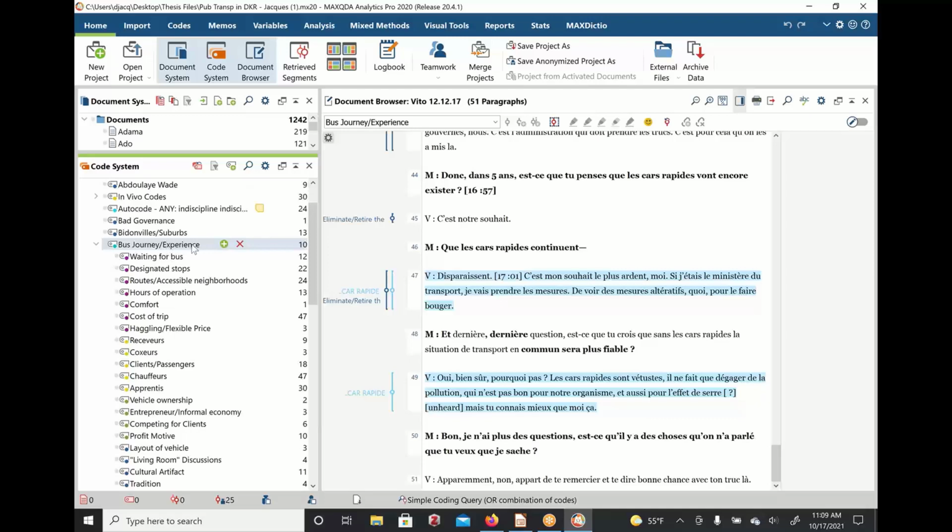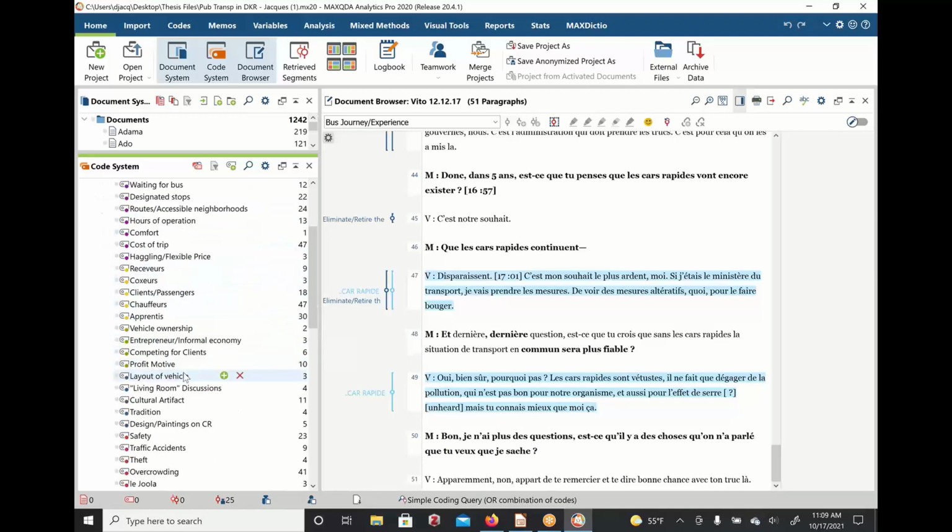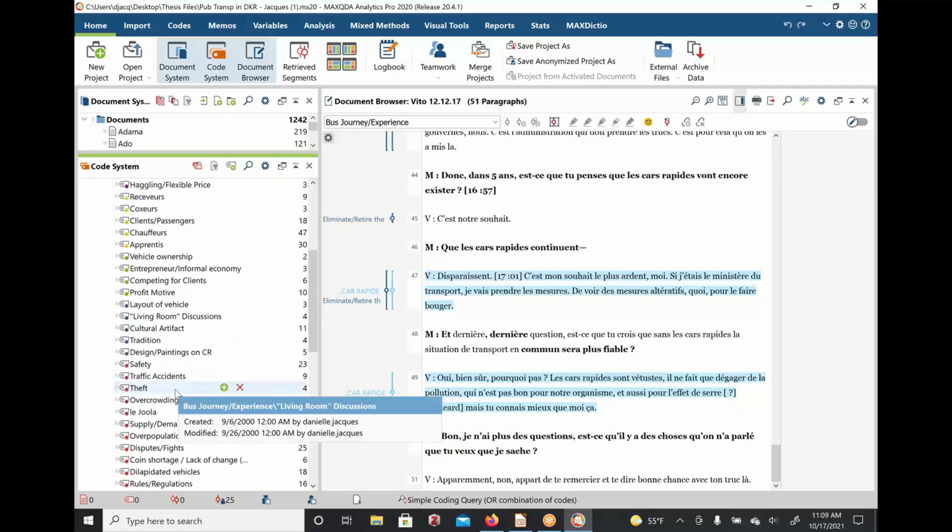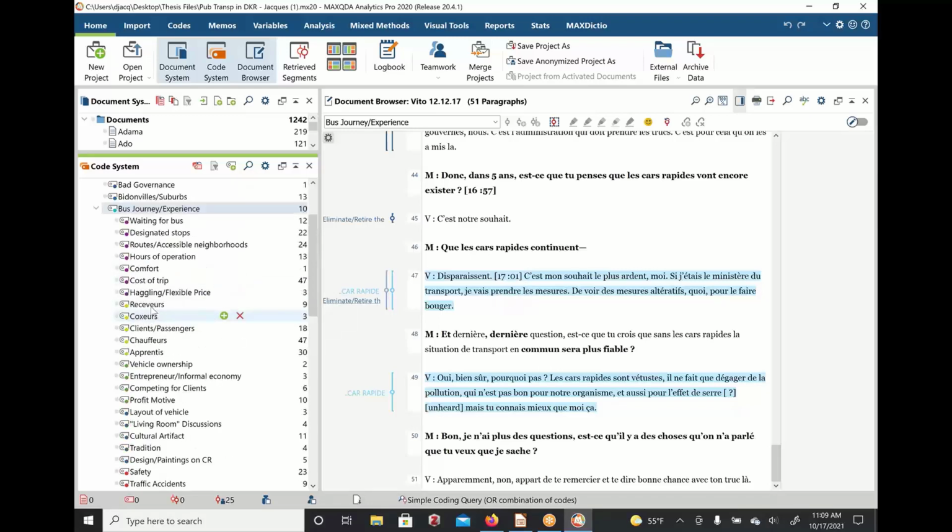And within this category, I have grouped by color various elements of the bus journey. So these interviews are, as I said, semi-structured, and they're talking to people in Dakar, Senegal about a particular type of bus system that operates throughout the city. And so I have things like how you actually use the bus, like waiting for the bus, where are the stops, what are the routes,